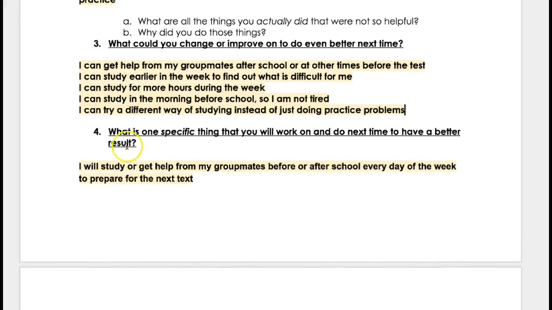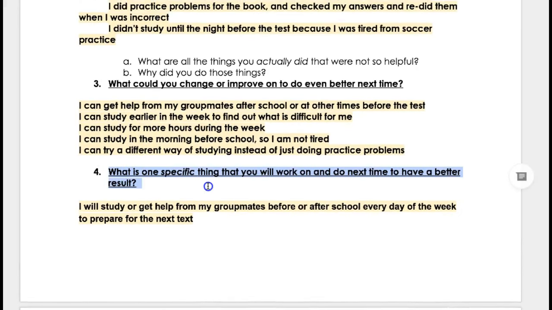So after that, the self-debrief is almost over. Once I have one specific thing I'm going to focus on, right? I could do all these things, and hopefully I will do all these things, but coming up with one really specific plan will help make sure at least I do one thing differently to give me a better chance of success next time. So in this case, I'm going to study